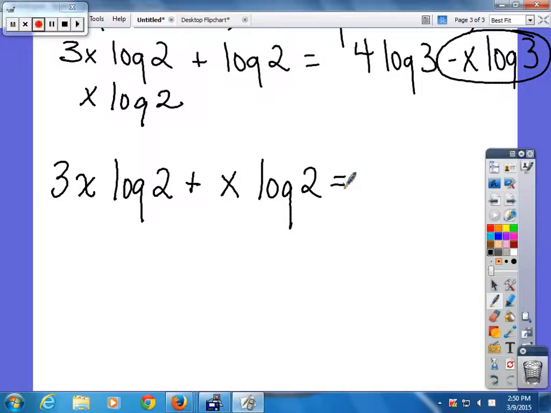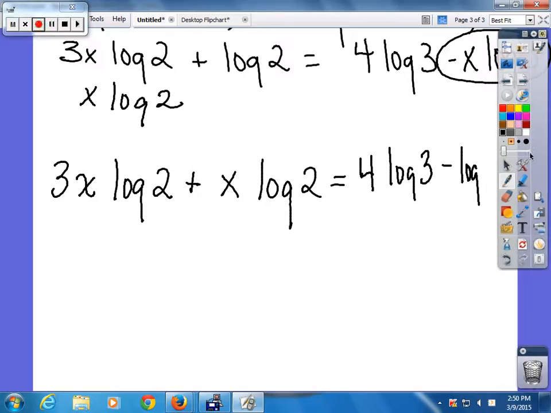You do that in your calculator. So these are numbers. So bring this over, so that'd be minus. So 4 log of 3 minus log of 2. How do we get an x log of 2? Unless